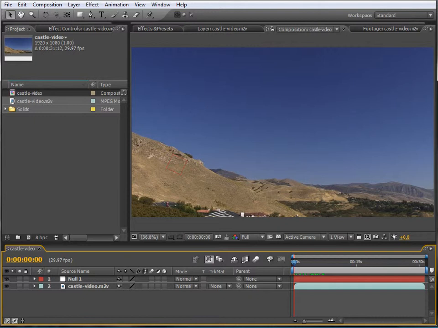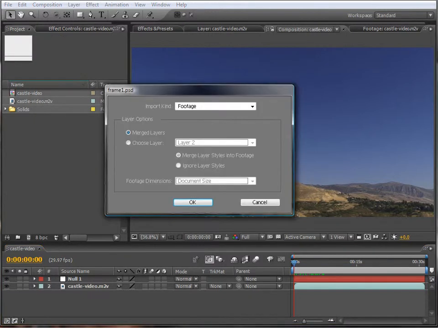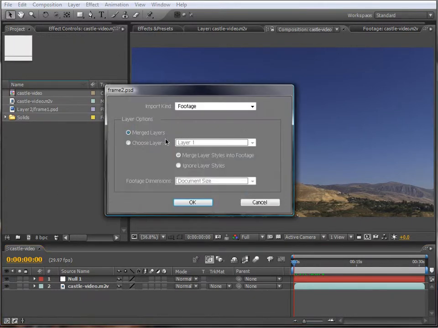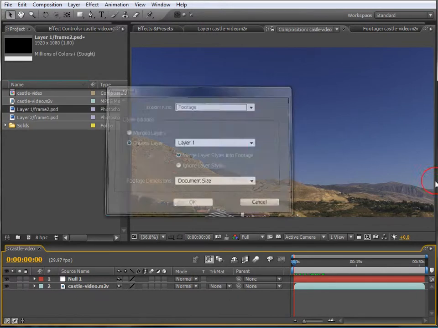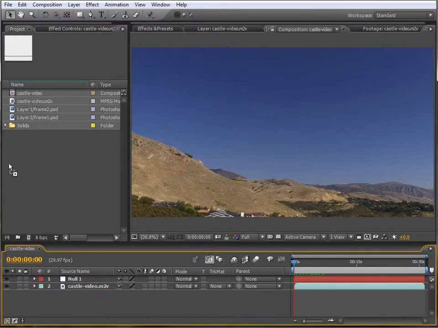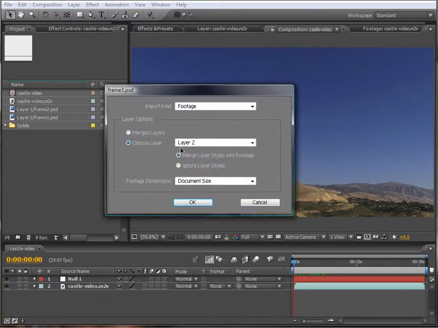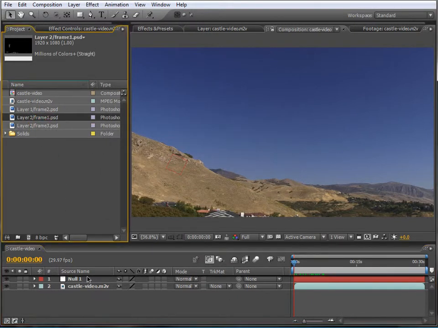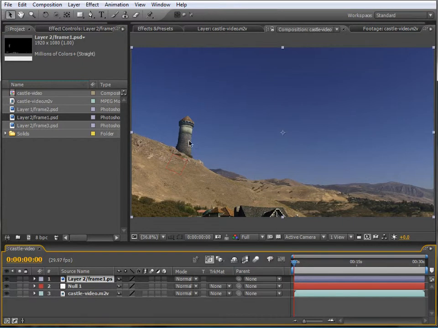Let's go ahead and take our frame 1. And again, you remember it says save as one layer, because we don't select background, we need transparency, so we'll choose layer 2 in this case. Here's our second frame, we'll do the same, select layer 1, and here's our third frame. Same, we'll just be sure we select this layer. So we take our first frame and drag and drop it right here, it's placed very well, and go ahead, parent